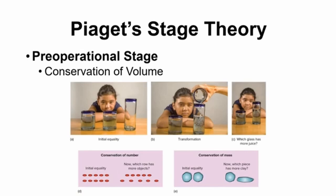As sort of a little bit of an aside that you don't need to know, this might actually be related to the fact that we have 2 different systems for estimating numbers. And it's not just humans that have these 2 systems. There's a whole bunch of research into numerosity in other species that seems to have some evidence that we have multiple systems. But the way that it works is that we have sort of a rough estimation for small amounts,